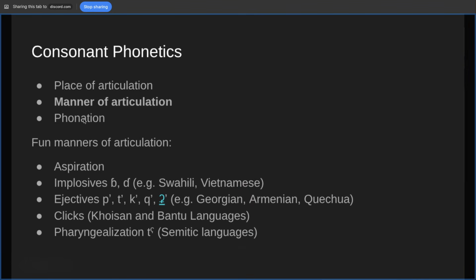Okay. So that's manner of articulation. Sorry, that's English manners of articulation. There are other languages with interesting stuff going on there. For example, aspiration. English has non-phonemic aspiration, but there are a lot of languages, such as Hindi, that have a difference between ta and, sorry, let me do that again. Ta and ta. So you can put your hand in front of your mouth,